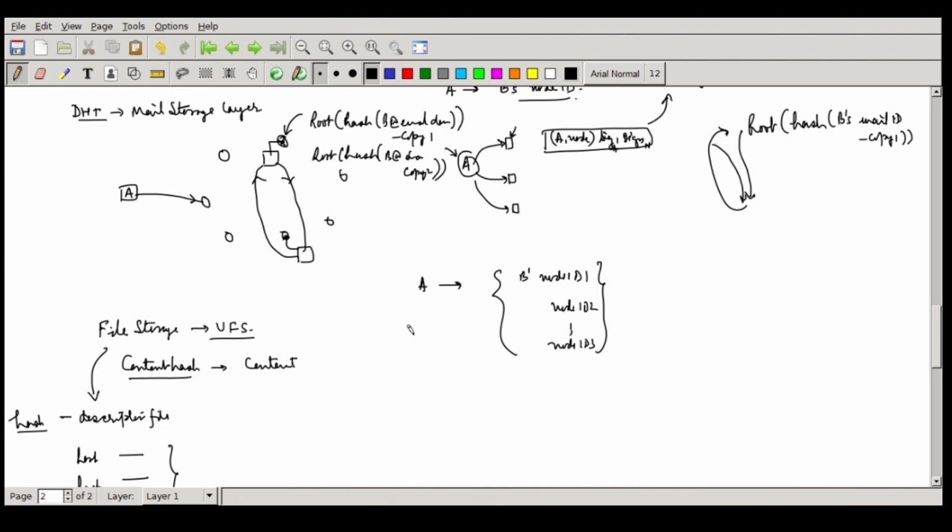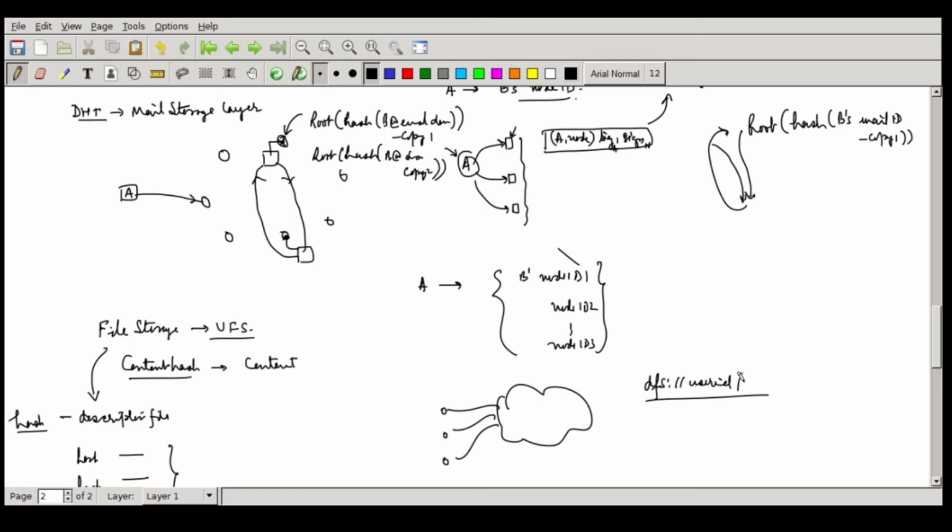Once these files are being received, the issue which remains is how to synchronize files across these multiple devices. For this, each one of these devices has the user's certificate. So these devices can access the same file system in the storage DHT. This file system is rooted at the user, not node dependent; it's a user ID, which is the email ID or whatever it is.